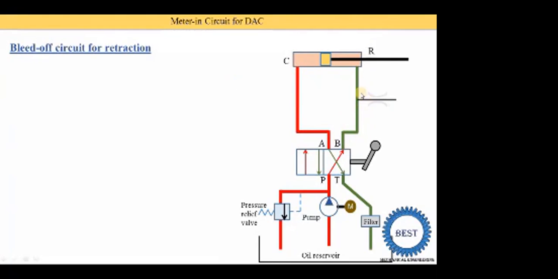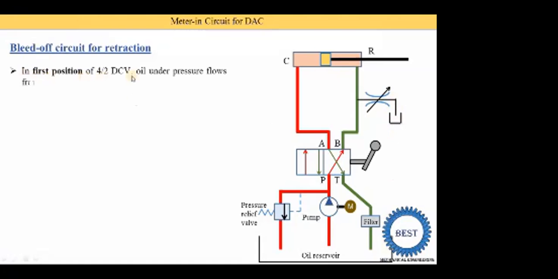In this bypass line, the flow control valve is put. Here you see this is the FCV, and its flow is controllable, that is, variable speed. That's why this arrow is drawn. The outlet of this bypass line is connected with the reservoir. So here we draw a small reservoir, or you can draw these lines to the main reservoir.